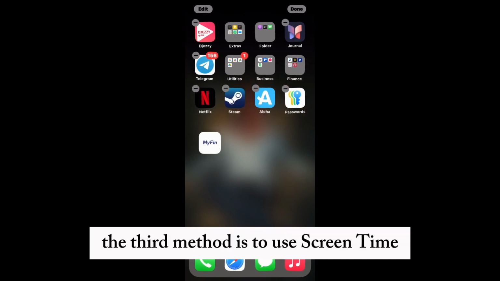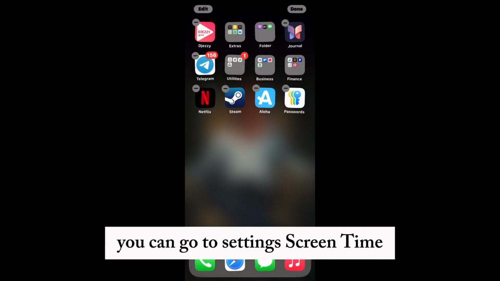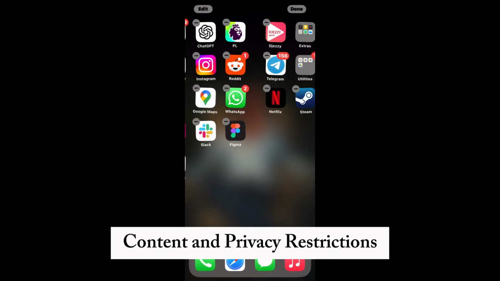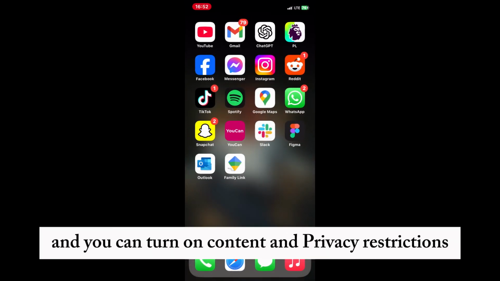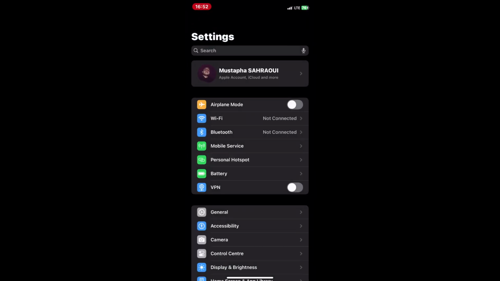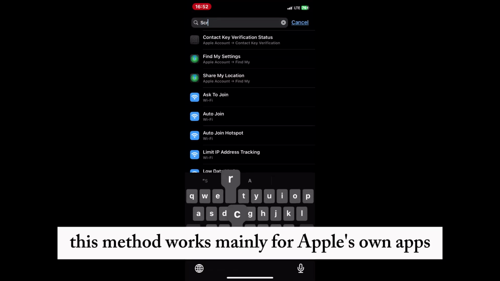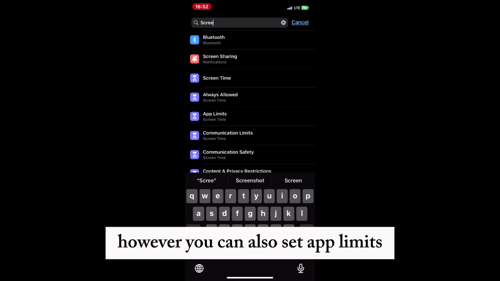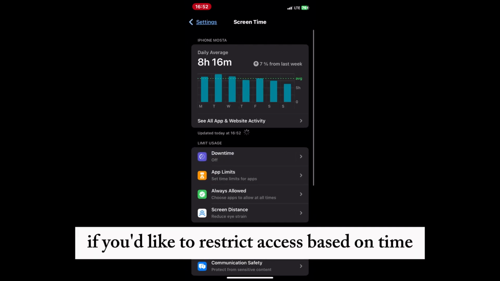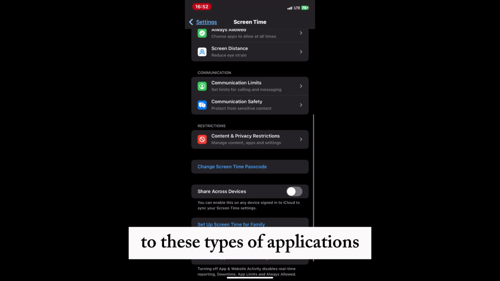The third method is to use Screen Time to restrict app access. So for added privacy, you can go to Settings, Screen Time, Content and Privacy Restrictions, and you can turn on Content and Privacy Restrictions and select Allowed Apps. Toggle off any apps you want hidden. This method works mainly for Apple's own apps. However, you can also set app limits if you'd like to restrict access based on time to these types of